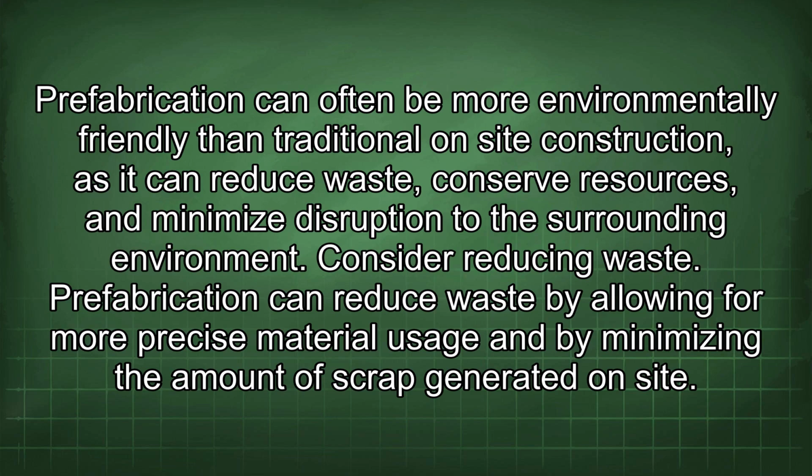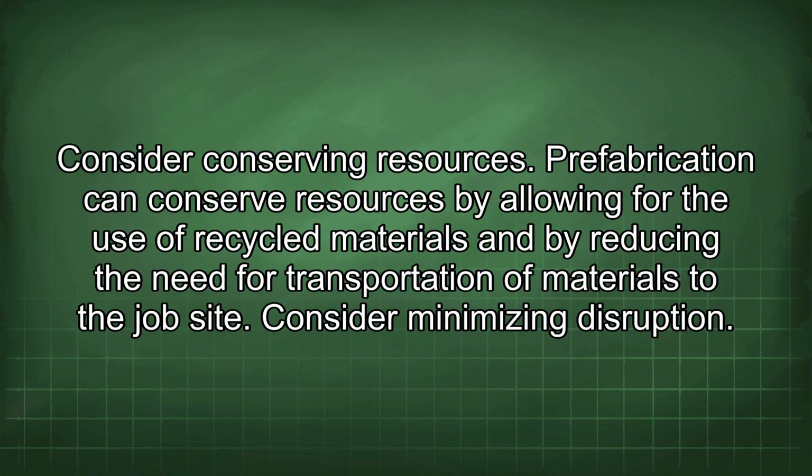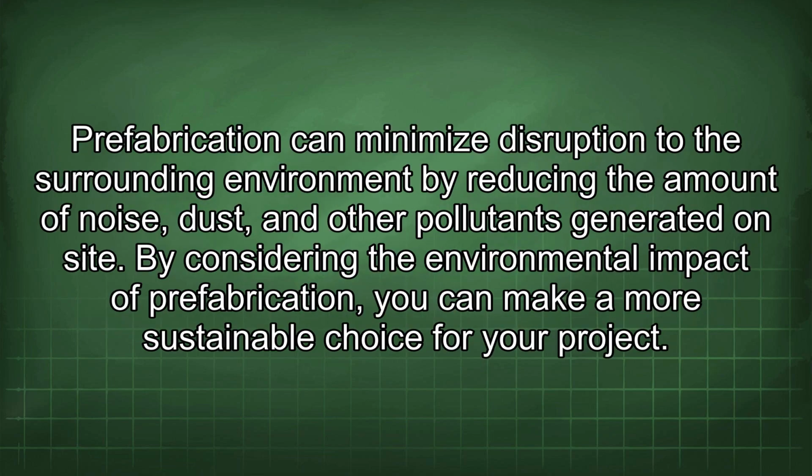Prefabrication can reduce waste by allowing for more precise material usage and by minimizing the amount of scrap generated on site. Consider conserving resources. Prefabrication can conserve resources by allowing for the use of recycled materials and by reducing the need for transportation of materials to the job site. Consider minimizing disruption. Prefabrication can minimize disruption to the surrounding environment by reducing the amount of noise, dust, and other pollutants generated on site. By considering the environmental impact of prefabrication, you can make a more sustainable choice for your